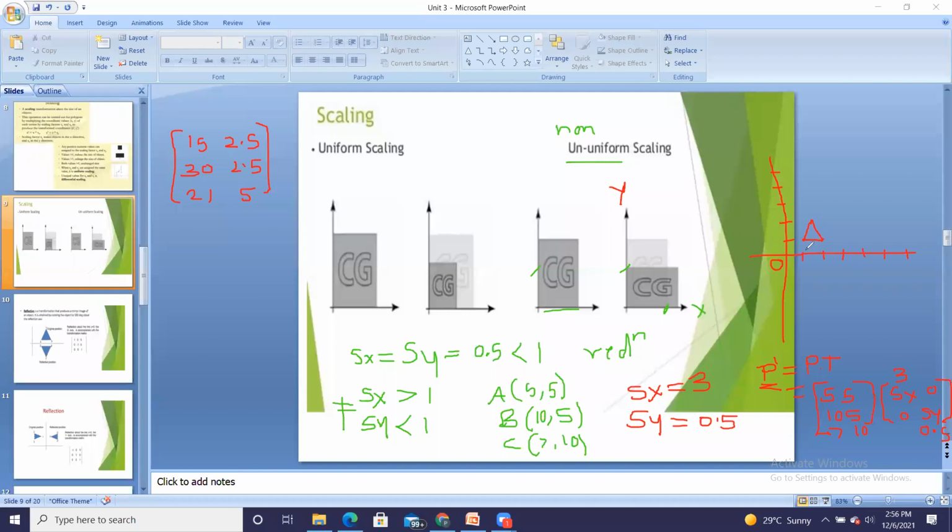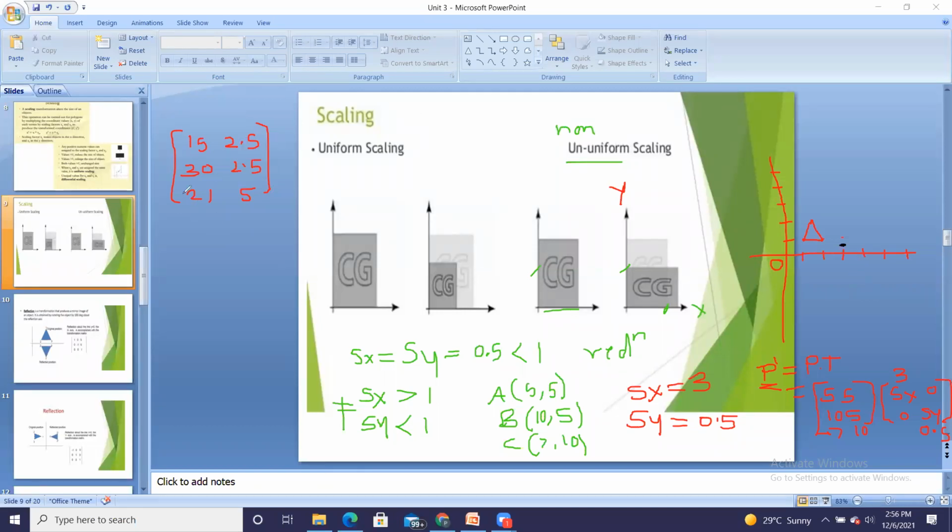So the original triangle we have already drawn. Now our job is to draw this triangle. So this is your 15, and this is 2.5. So this is 5. I will use some other color again. So this is your 15 and half of this 5. So here somewhere I will get the first point.